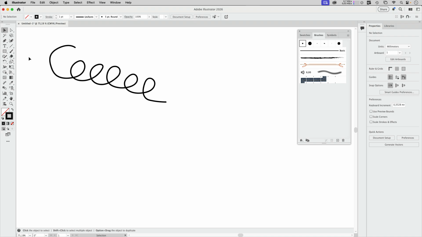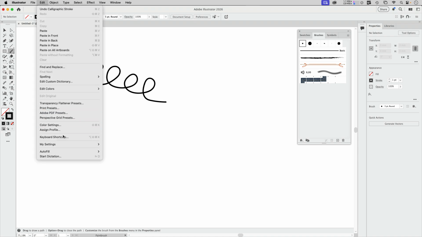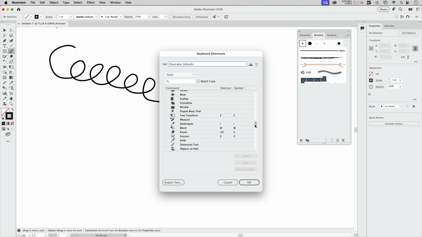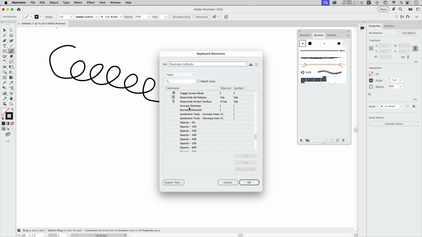Now I want to draw another line, and I want to increase or decrease the line weight, and doing so, you can use the square bracket keys. And that is actually a keystroke that you can change. So you can go to Edit, Keyboard Shortcuts, and then change that. Inside of the tools, we have the option to increase and decrease the diameter. And you see here it's set to the square bracket keys, which is in my case wrong because I have